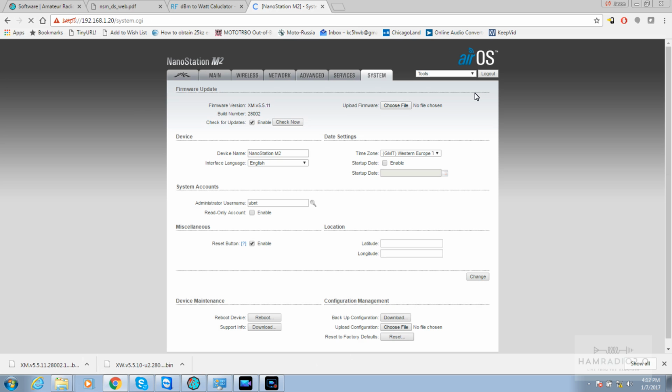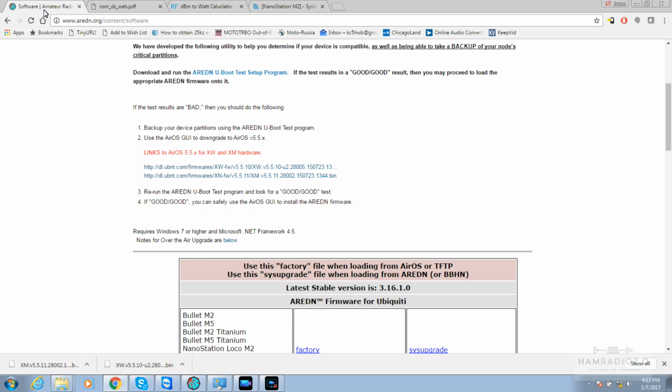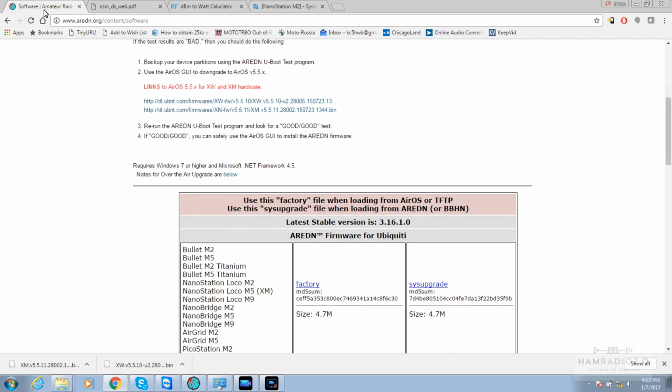So we're going to log back into it with the same username and password that we had. Confirm the version is 5.5.11, and I'm going to go back here to my nifty tool, and I'm going to run this test again. Good. There we go. Okay, now everything's passed. So, back over here, the tests are good. You can safely use the AirOS GUI to install the